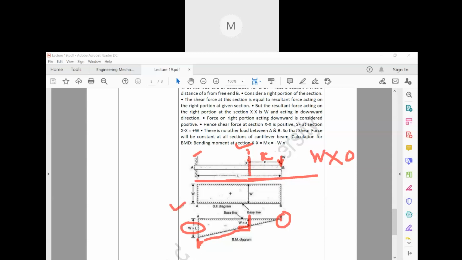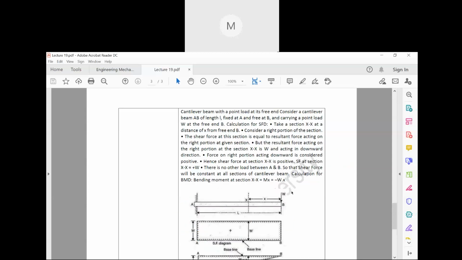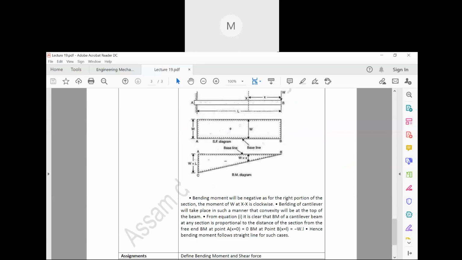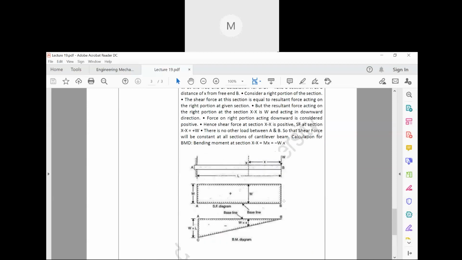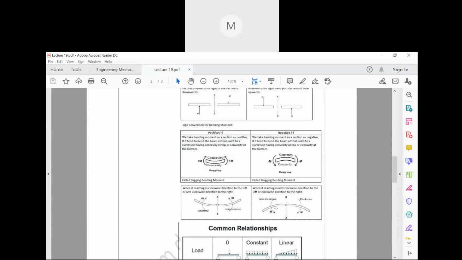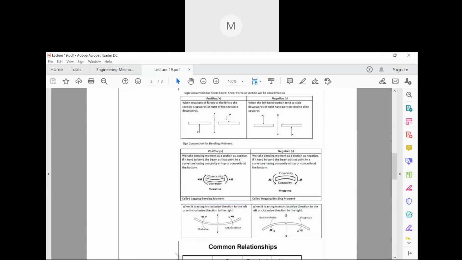I hope this is clear for everyone. This is just the explanation of how to find it out. So you can have a look at it, and you will find that this is how we have been finding it out. Now if you see this diagram,